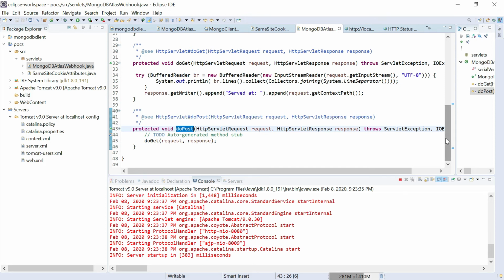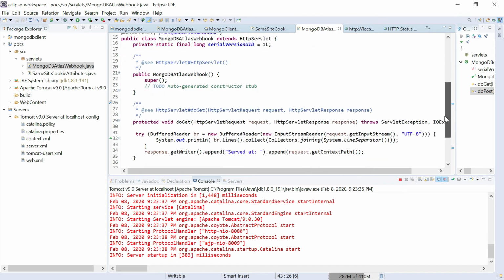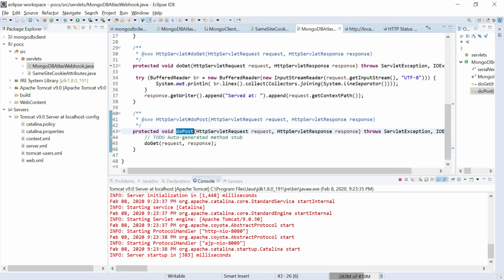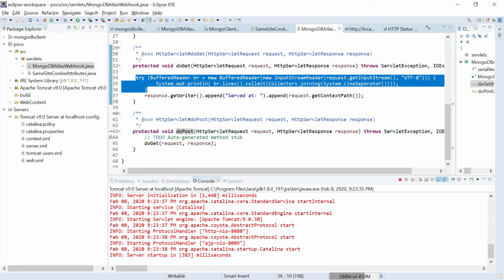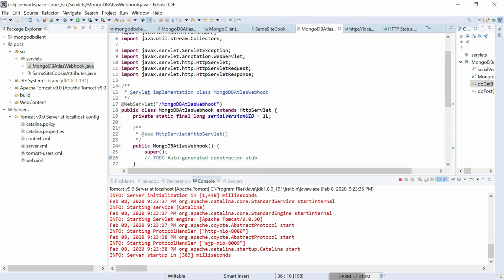Here it's a very simple servlet. Here I have a doPost, which in turn calls doGet, but this is the important method. Here I am just reading the request's getInputStream, the request body, and just printing it. Then I will configure this servlet path in the webhook configuration in Atlas.